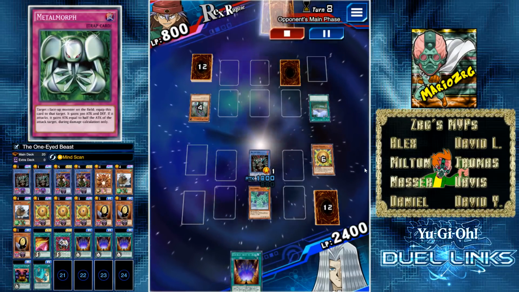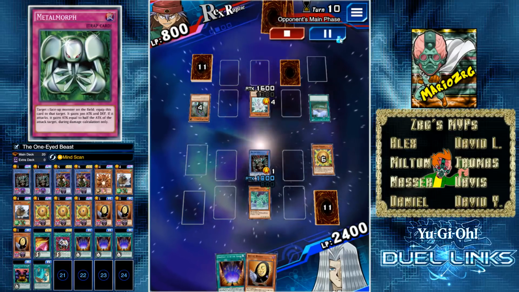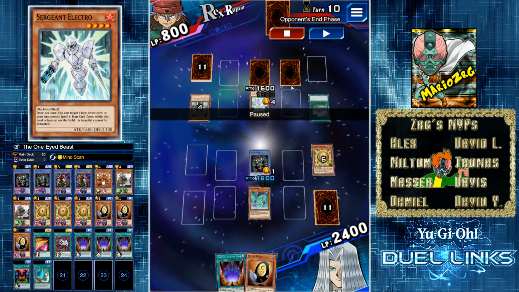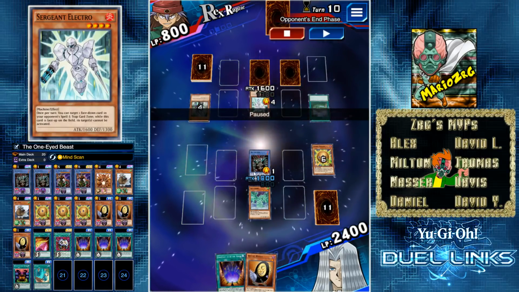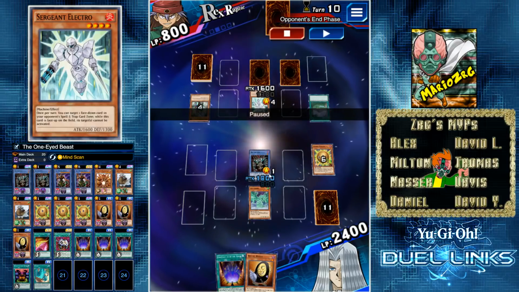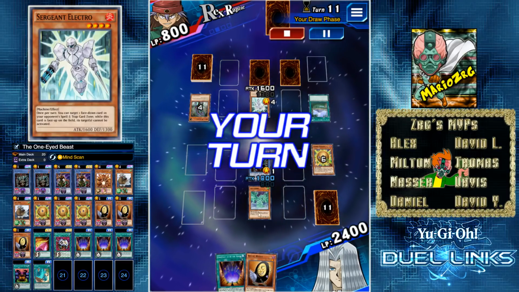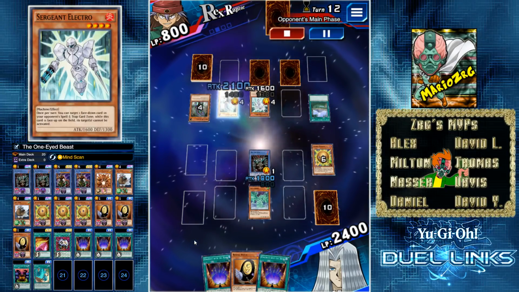I destroy the Black Brachios, and here I was pretty much in control until this point. At this point, we're at a stalemate. I can't attack into the Sergeant Electro because I know he has Metamorph, so this would go to 1900 and it would destroy my equip card. And he can't attack into my Relinquish even with the Metamorph because he doesn't have another monster to finish off the job. So I'm just hoping to draw into my Sphere Kuriboh or into a second Relinquish,